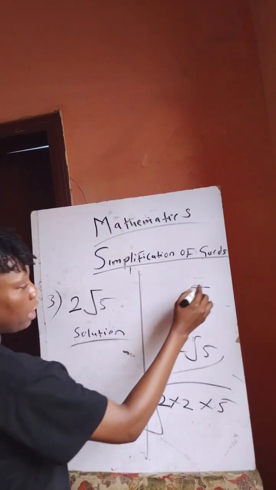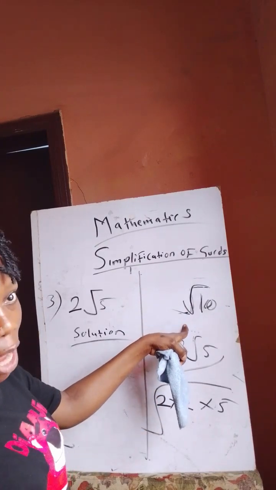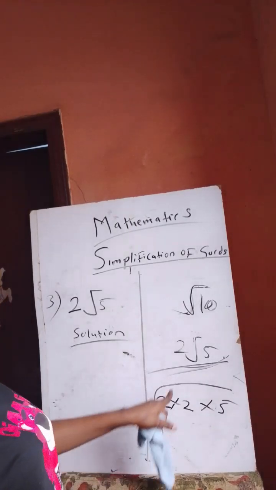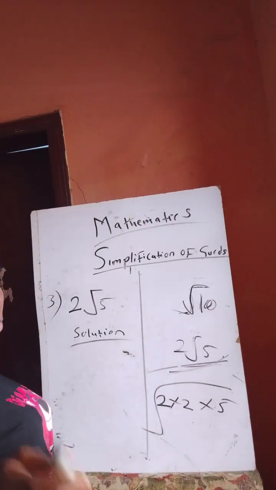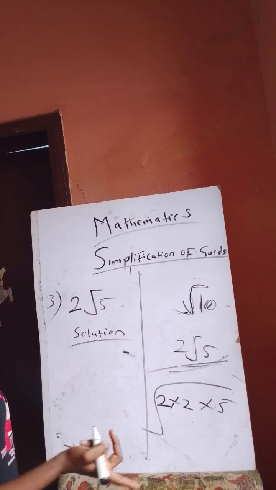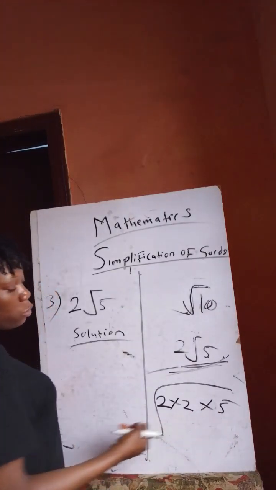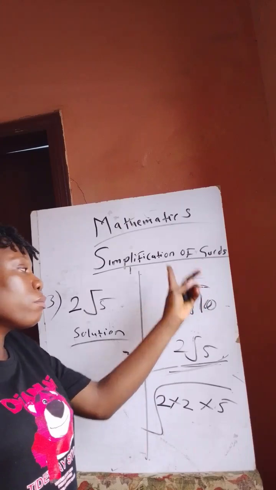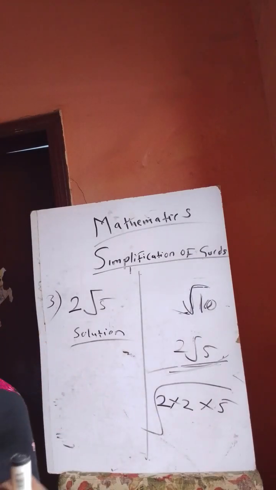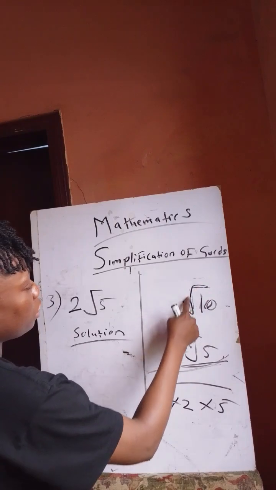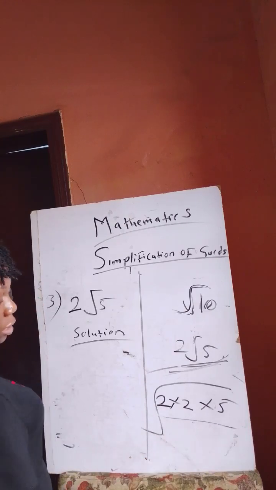I'm giving an example so you're not confused. Assuming you are given something like this, root 10, and they ask you to simplify your answer, and you get your answer. To know whether your answer is correct, you take it backward. When you multiply whatsoever you got, and it still gives you the same single root, that means your answer is correct. But when you multiply it, and the single square they gave you initially is different,